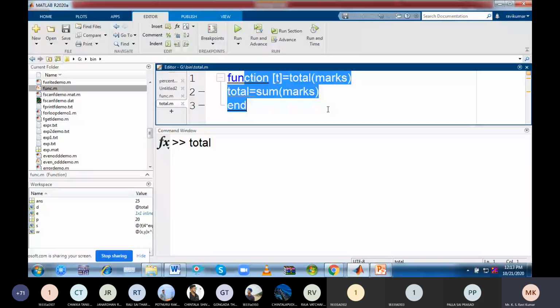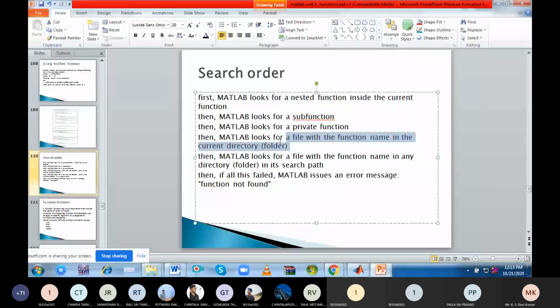After that it will look whether it is a subfunction, either it is a nested function or a subfunction or it is a private function. If it is not any of these three, then it will look for a file with the function name in the current directory. So the current directory is bin, so whether there is any name total by this name